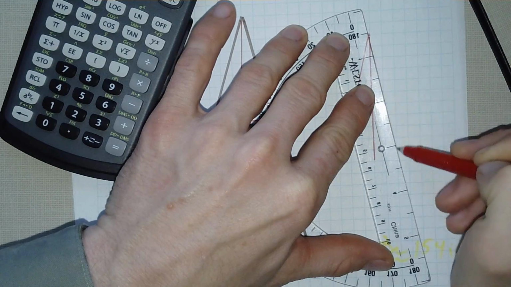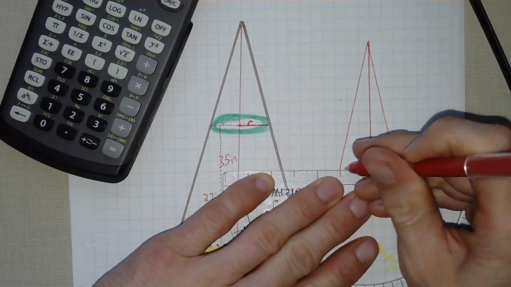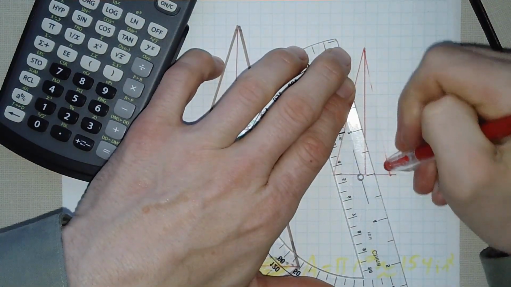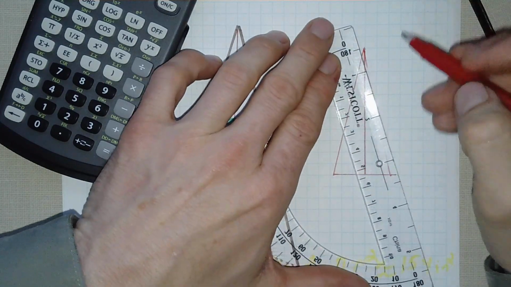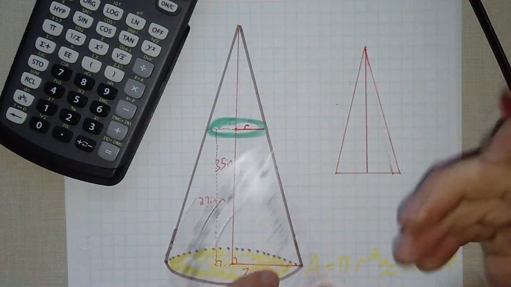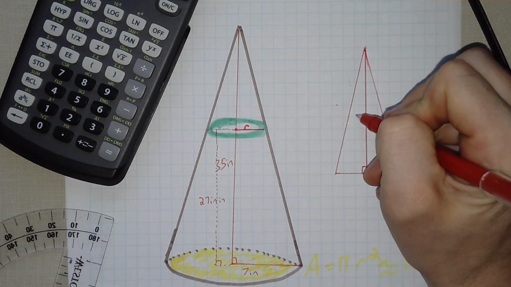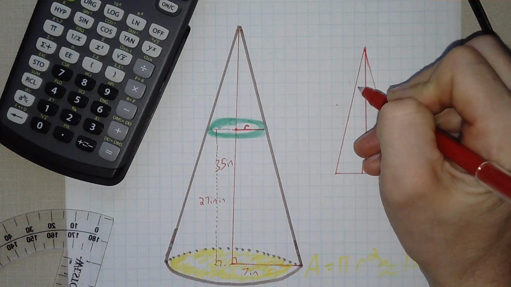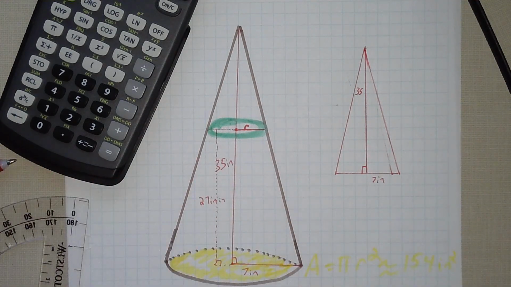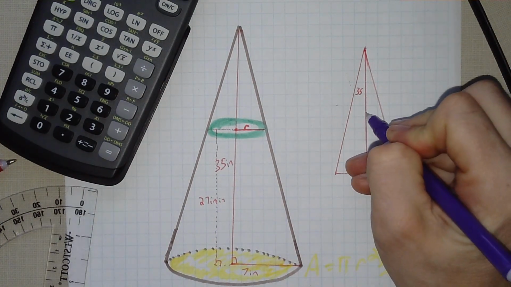It's like that, I guess. Pretty close, kind of, right? Not really. It should be coming out to here, but whatever, I'll fix that. It comes out to here, right? This is kind of what it would look like. And this is a right angle, and this is 35 inches. This is 7 inches. Okay, let me shift to a different purple color. And then we have another triangle up here,